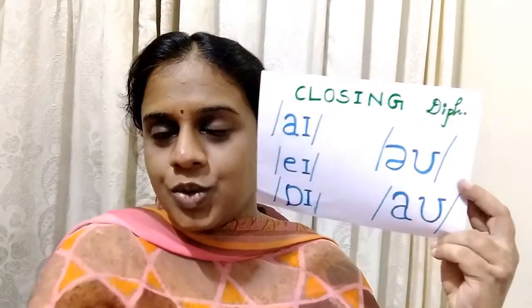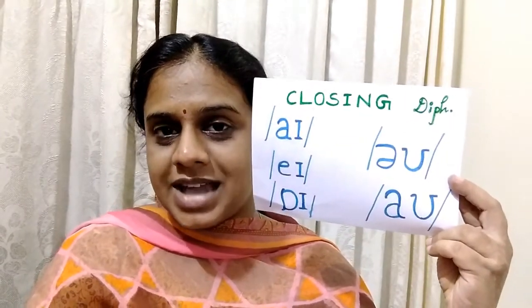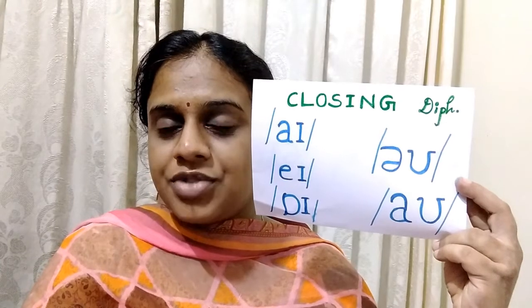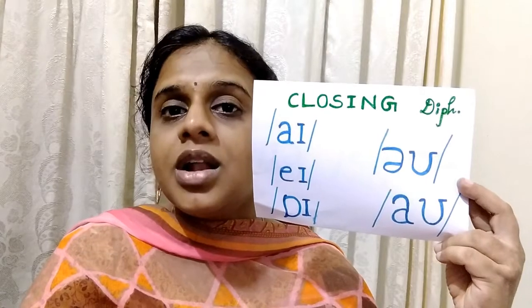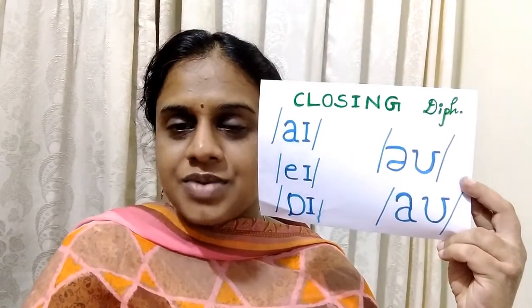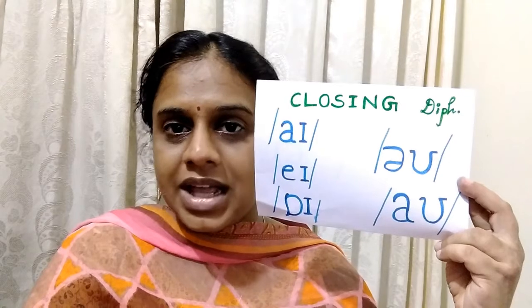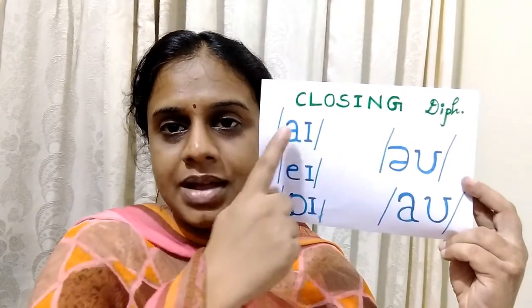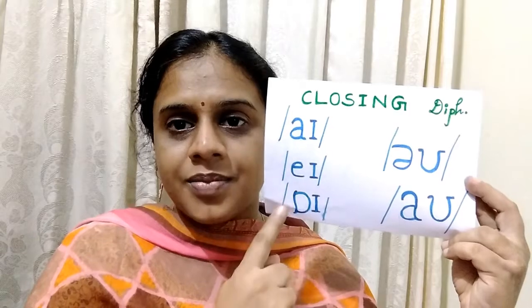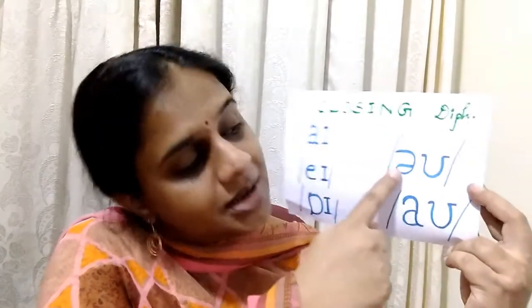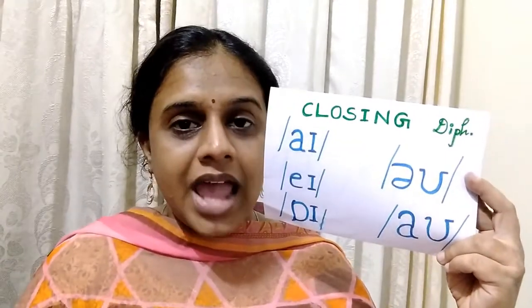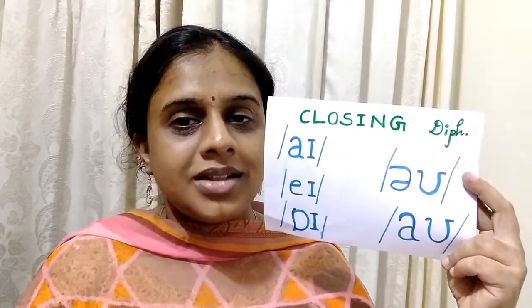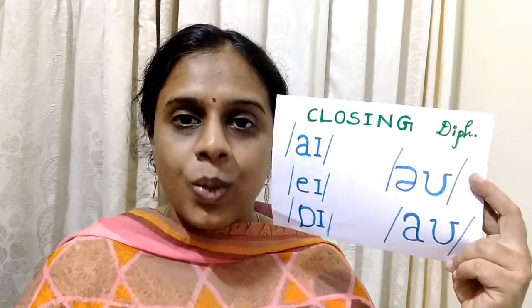The very name gives you the clue to understand the category. In this type of diphthong, the tongue glides or moves towards the position of a closed vowel. This closed vowel can be either E or O. So try reading them. I, A, I, then O and ow. So these are the closing diphthongs.